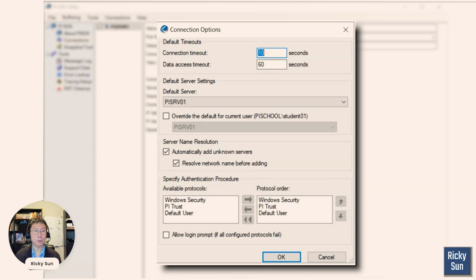If their computer is on a different domain and they try to get to the Pi server, they might need to check that box so that they can type in the username and password, either a Windows account on the Pi server or a Pi user on the Pi server as well. Maybe start with the Windows security. The Windows security is, I guess, the modern, latest technology.